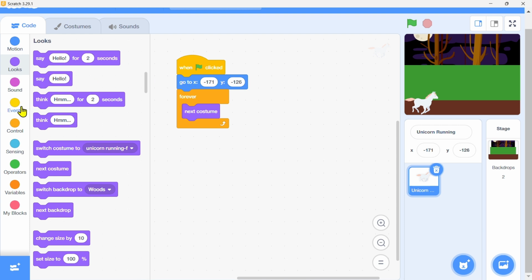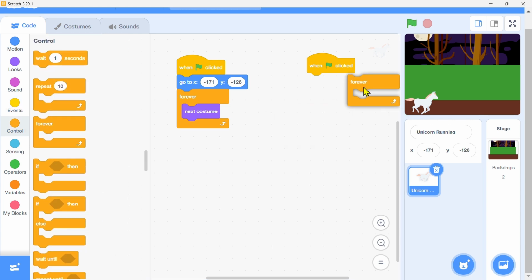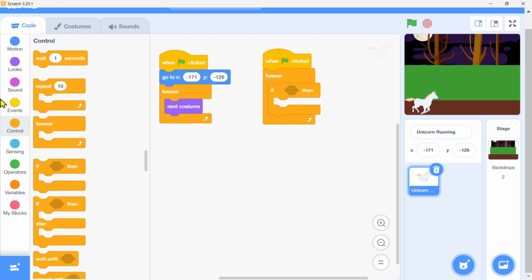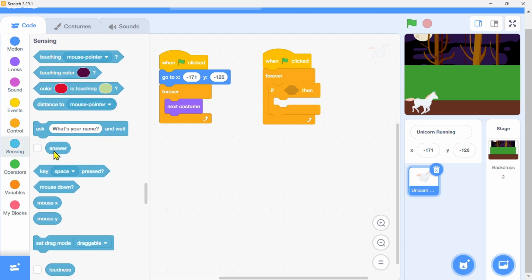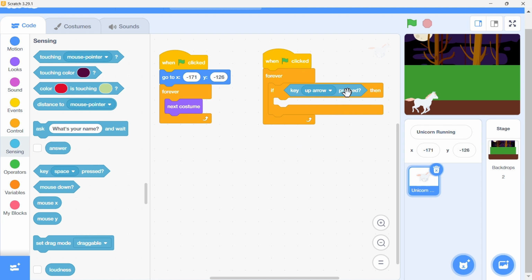First of all, we'll say when the green flag is clicked, forever, using the if condition, the conditional statement, to make it do what we want. We select the up arrow. Whenever the up arrow is pressed,